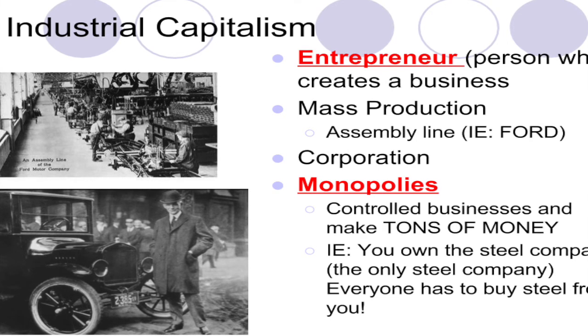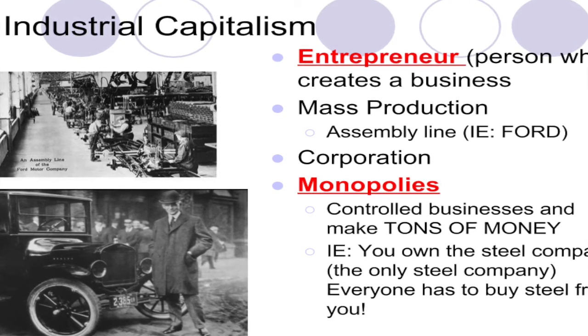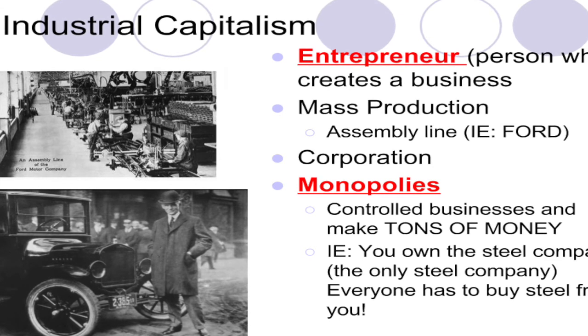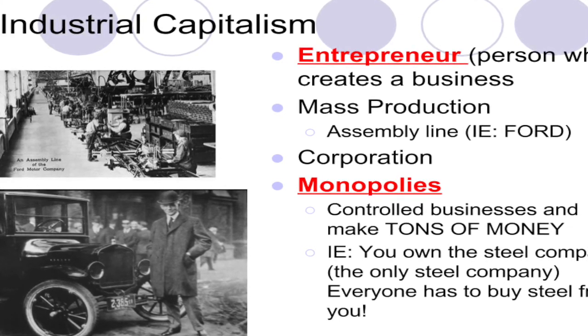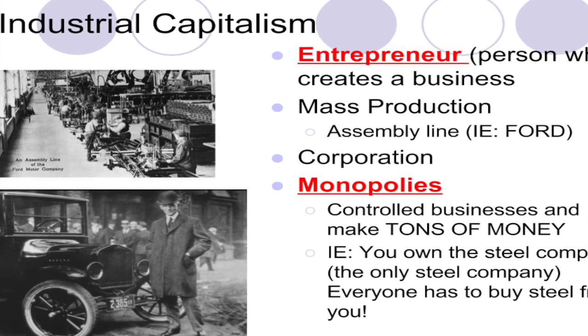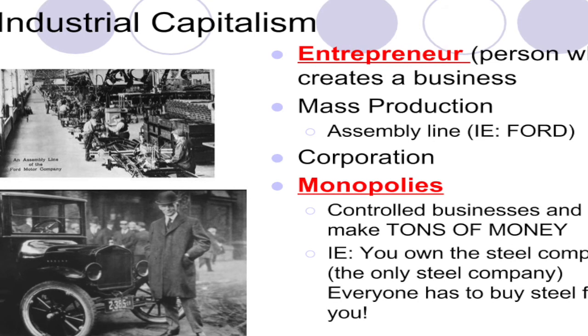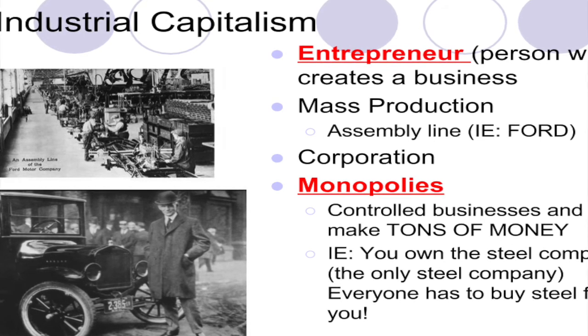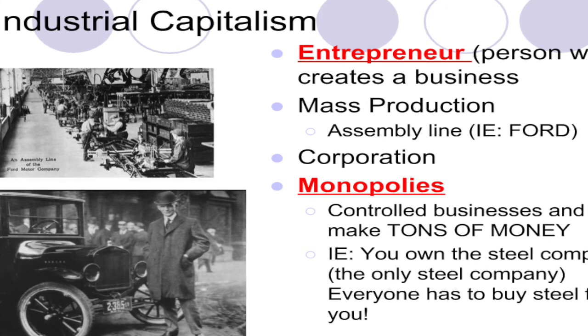Again, there's a lot of very powerful families, the Rockefellers, the Carnegies, the Mellons, that have made lots of money, because there were no rules in terms of how to run a business. Again, we talked about if one person owns a cell phone company, right, and there were no other companies to compete, then they would have a monopoly. They could charge whatever price.